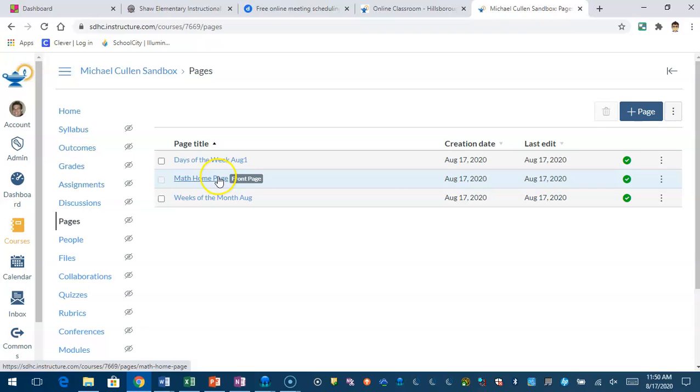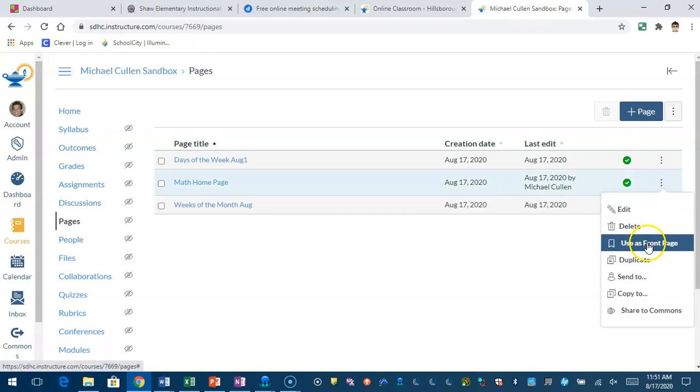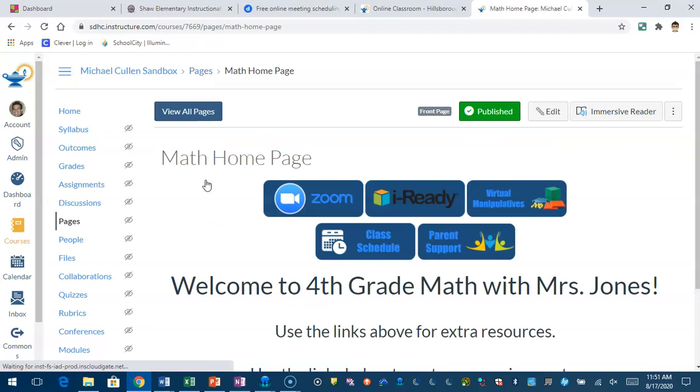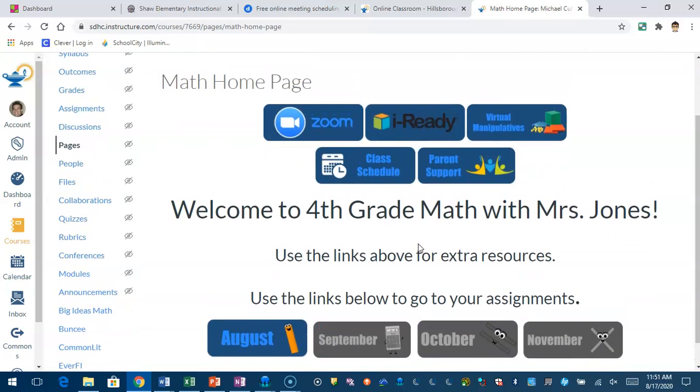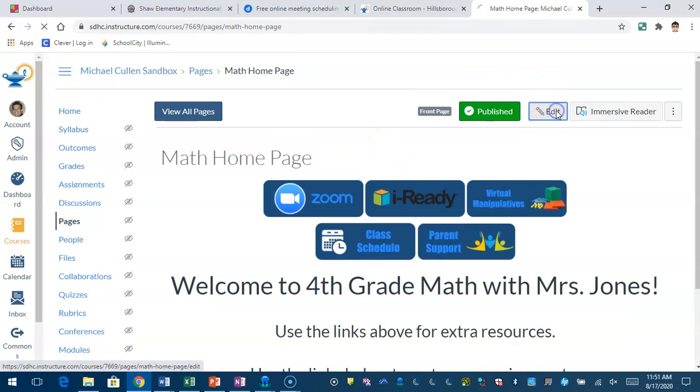The home page was made with the links. So over here it was use as front page. There we go. That way when I go to pages, I'm going to see this page here first. Now from this page, because this is what I want all of my students to see when they sign into math, I have to link all of these pages together, or I have to link them to where they want to go. So under edit,